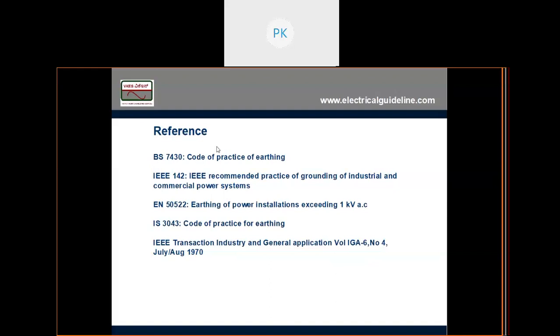Then IEEE 142 also is a very good standard. Please go through it also. EN 50522, if you have time, you can go through. IS 3043, if you are doing an Indian job, please go through this. And this particular IEEE transaction, I have used it for concrete, or a different material. For one of them, I have used this.